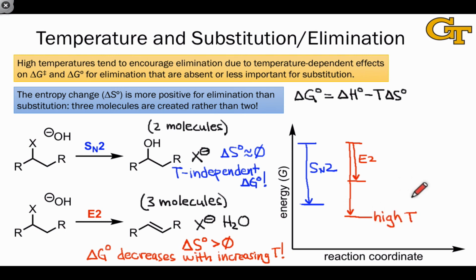And so at some point, E2 becomes more favorable than Sn2 at some critical temperature. At temperatures beyond this point, we should expect the E2 reaction to dominate over Sn2, and these can be very reasonable, very moderate temperatures. Things like 50, 70, 80 degrees Celsius are often enough to favor elimination over substitution, for